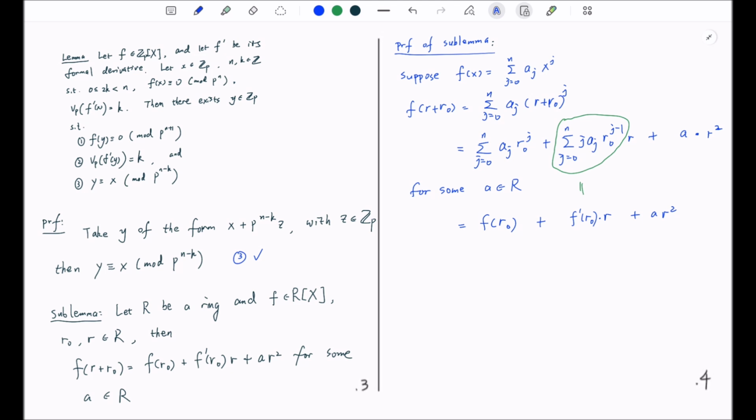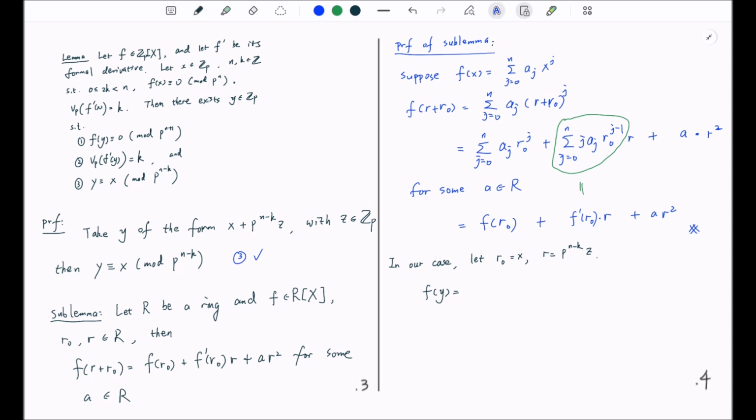And this is precisely what we want to prove. In our case, we are going to take this R0 to be x, and this R to be this part, p to the power n minus k times z. And it follows from this sublemma that we have